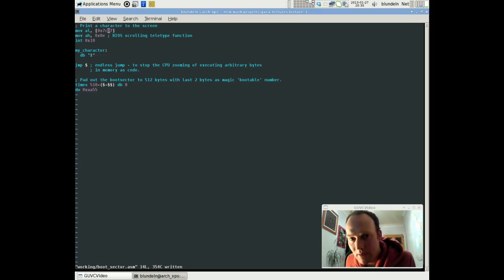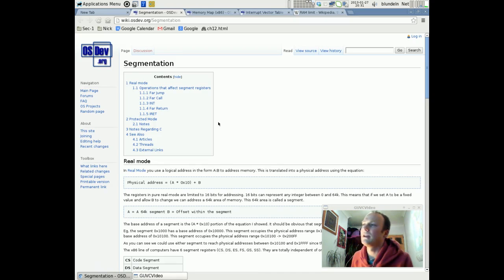The CPU looks in special segment registers that I can change, takes the values in those segment registers, and uses them along with this address to calculate the absolute address. So by changing the segment registers, it will change the absolute address that this accesses, and by increasing the value in the segment register, it will increase the range of this local address. It's a bit strange how it works. There's a simple calculation for it, but